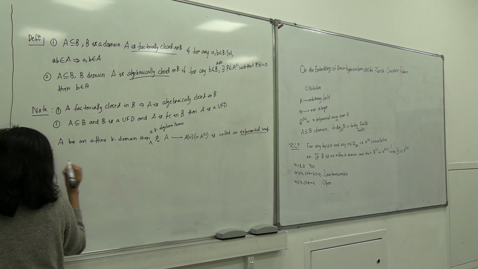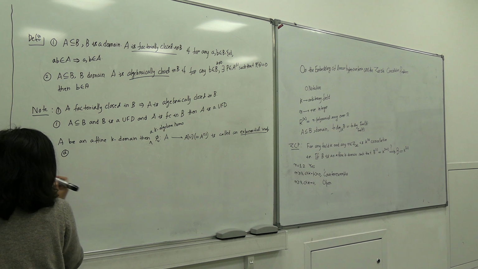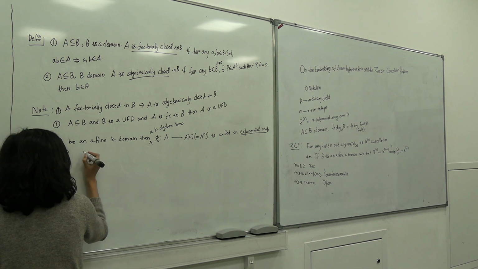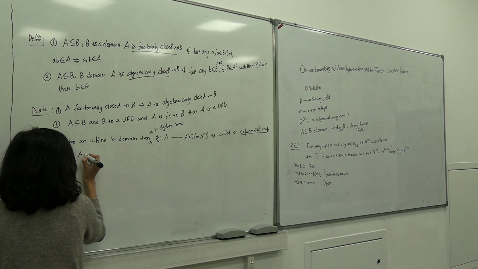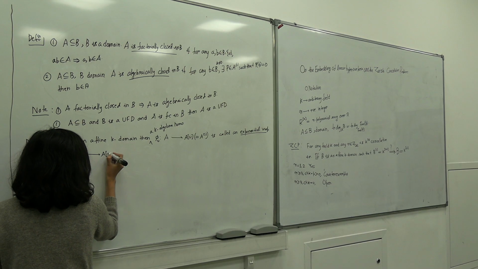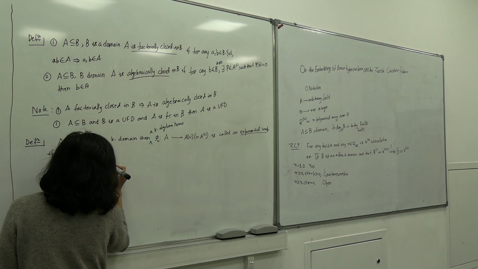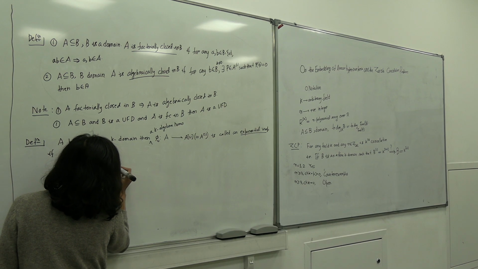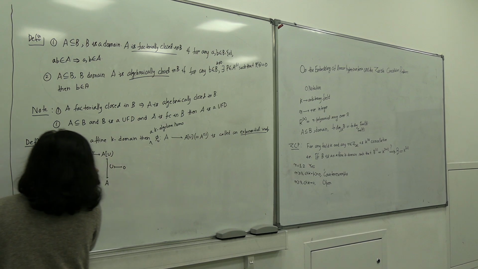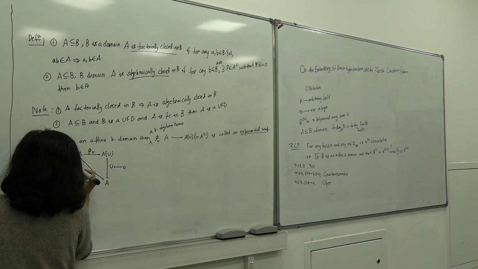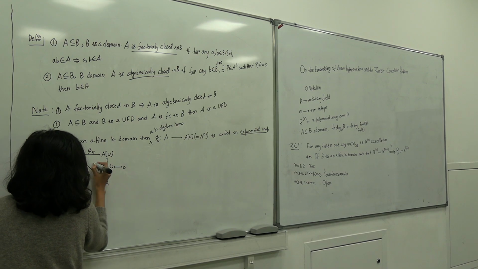If it satisfies the following two properties. Number one, that if I go from A to A[u] with the help of phi_u, and then I go from A[u] to A with the help of the evaluation at the point 0, and if I come from A to A with the help of identity, then they are equal.